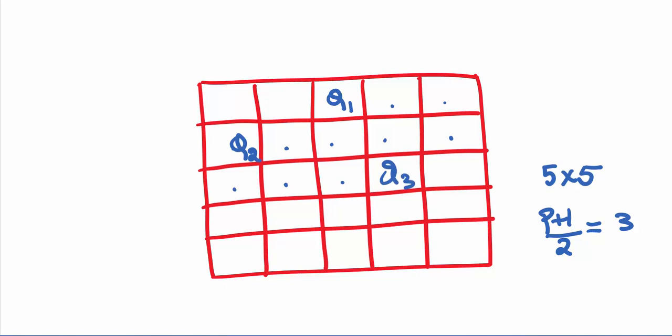Again count 3 and move towards the right. So 1, 2, 3. We place the fourth queen here. Now count 3. So 1, 2, 3. If we place the queen here, we'll have two queens, q4 and q5, in the fourth row. So now count 8. As you have already seen, 8 was congruent to 3 mod 5. So 1, 2, 3, 4, 5, 6, 7, 8. Our fifth queen has been placed. So this is how you do it.